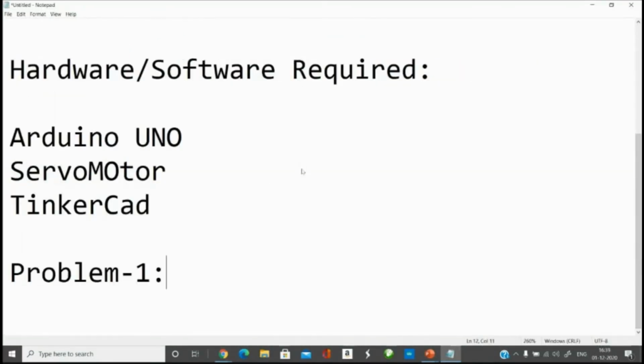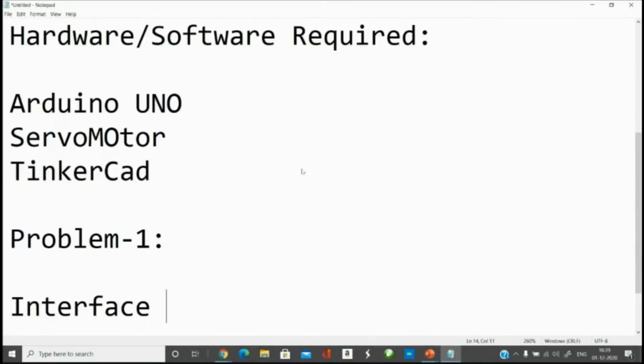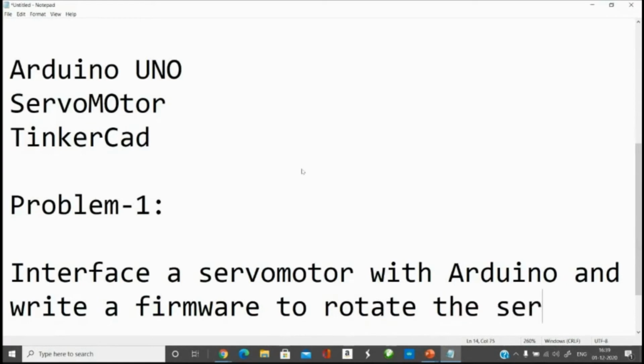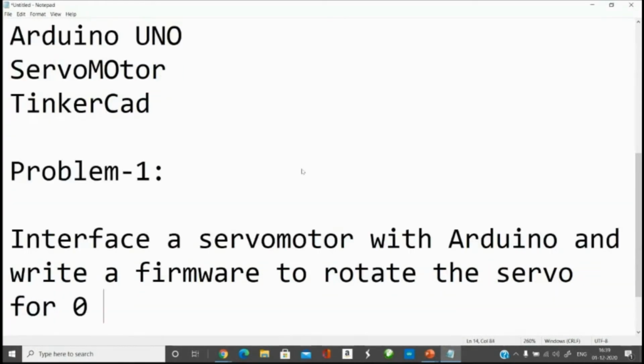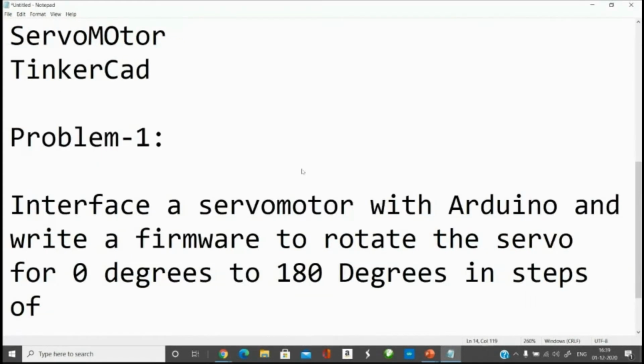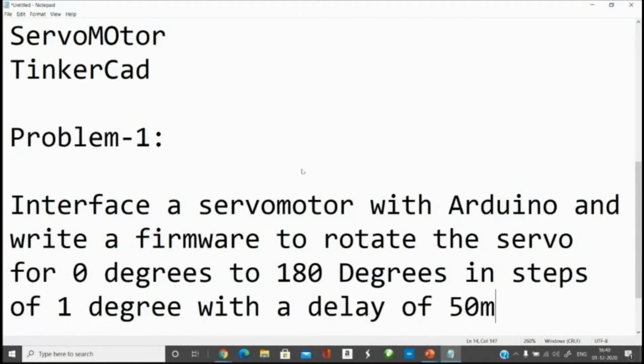Problem 1: interface a servo motor with Arduino and write firmware to rotate the servo from 0 degrees to 180 degrees in steps of 1 degree with a delay of 15 milliseconds. So that's what we did just now.